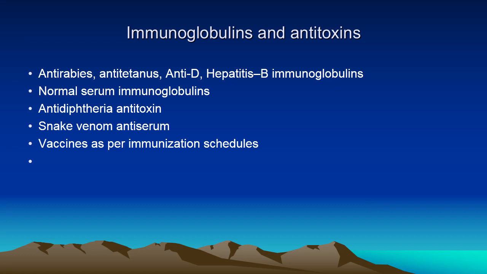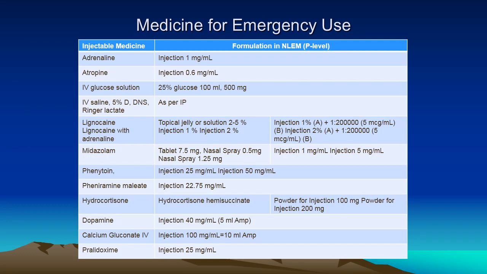Immunoglobulins and antitoxins are always available under the immunization program, and they are always part of the essential list. Now, medicines can also be kept according to emergencies seen in the facility. A common list of emergency medicines include adrenaline, atropine, intravenous glucose 25% for hypoglycemia, IV saline, DNS, potassium chloride, sodium chloride, 5% glucose for intravenous fluid